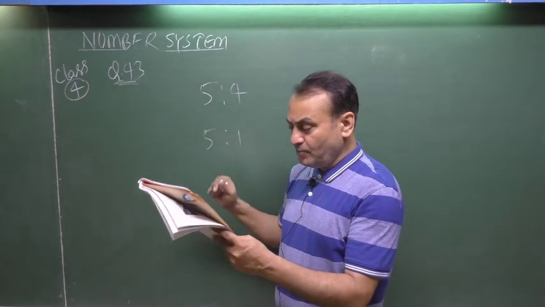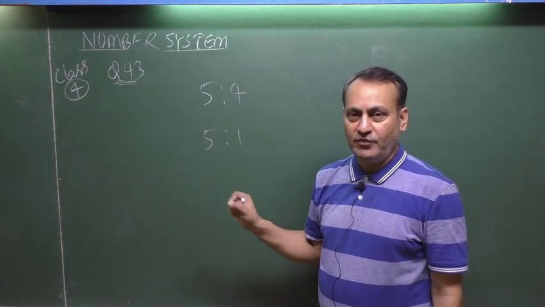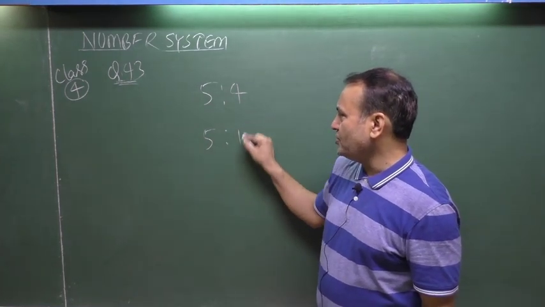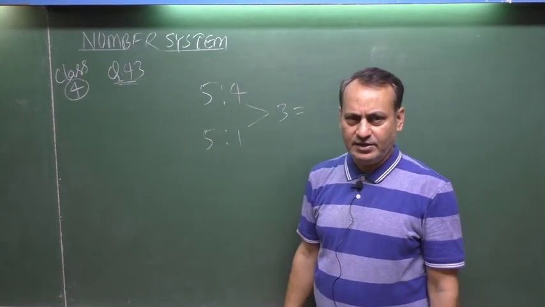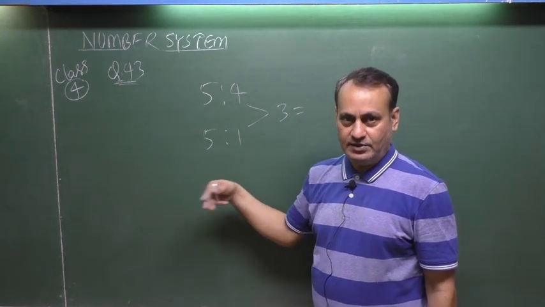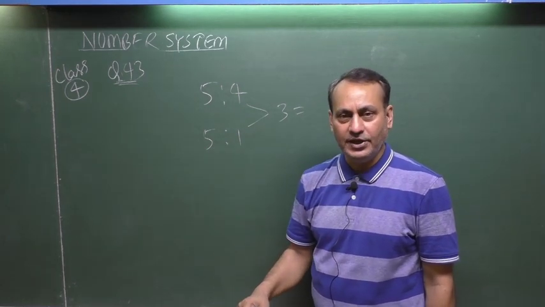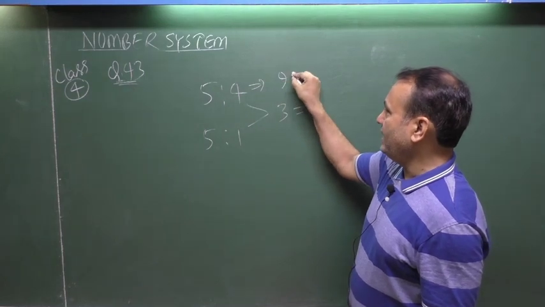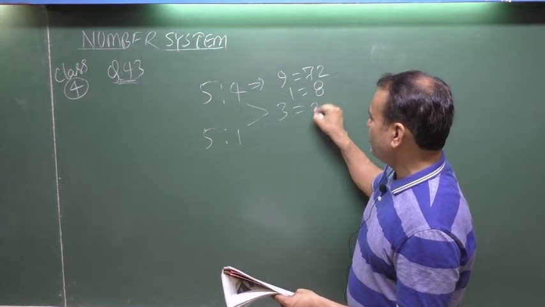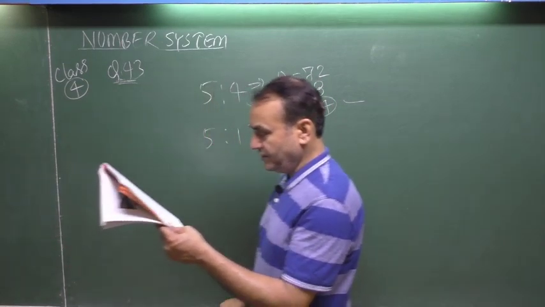See here. The sum total is given as 72 here. And what number must be subtracted from the smaller so that the ratio 5:4 becomes 5:1? That means, see here, this was 4, now this is 1, a 3 unit decrement here. And this was 5, this is still 5. This must be just equal in both the cases, as nothing was added to the bigger, nothing was subtracted from the bigger. Okay, come. 5 plus 4, 9 equals 72 here. 1 equals 8 here. 3 equals 24 here. This is your answer. Note down. 24 is the answer.